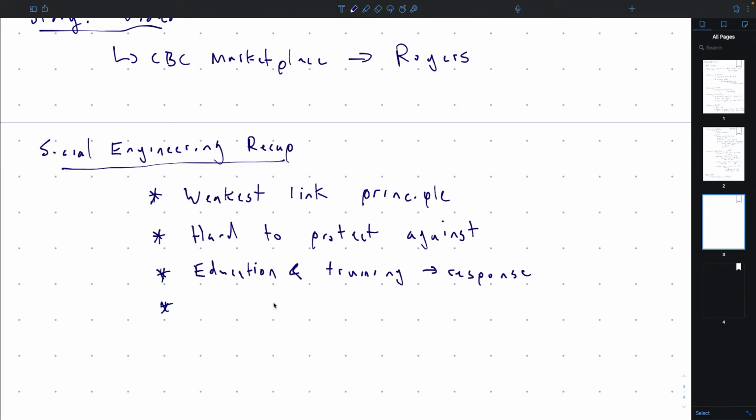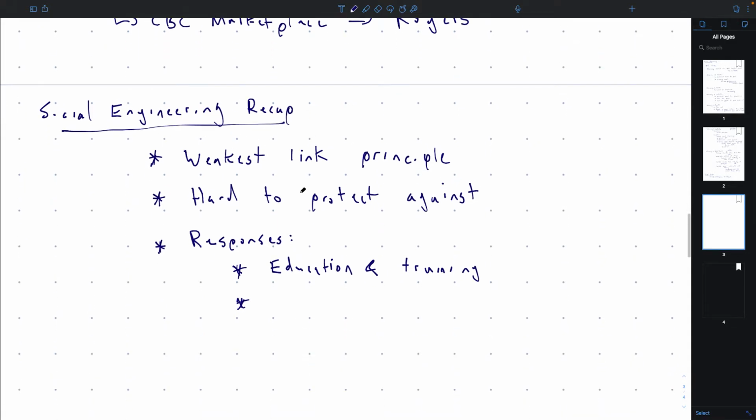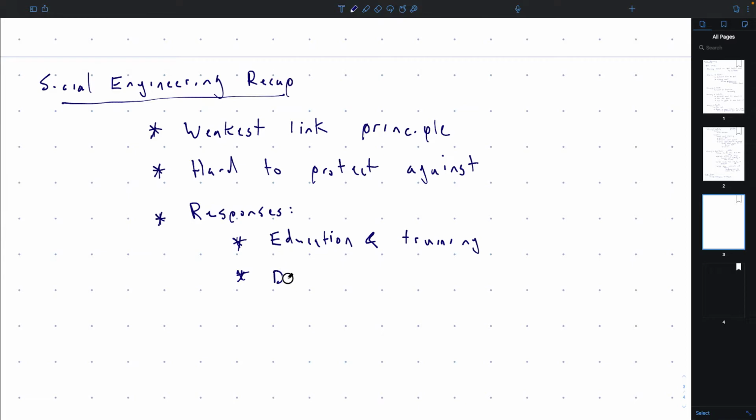Another response is to do damage limitation. Assume that someone's going to get in and then try to limit the damage somehow. One way is to distribute access control over many people, so that you have to compromise more than one person.